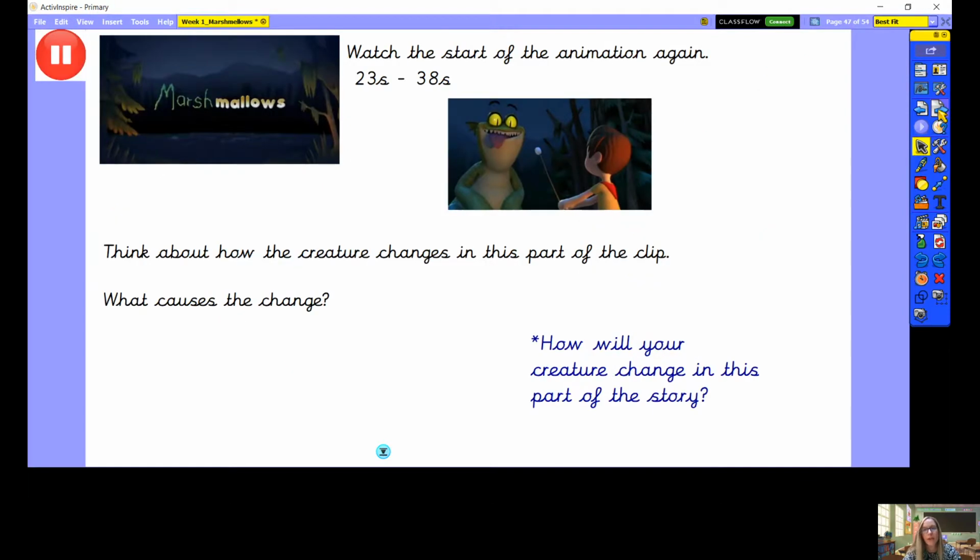So we're going to start off by thinking about the part of the animation where we got up to yesterday, which was the creature creeping up behind the boy. And at this part of the story, we are still quite afraid of this creature. He's been quite daunting, the way that he's crept up on the child. So we're going to look now at how the creature changes in this part of the clip and what